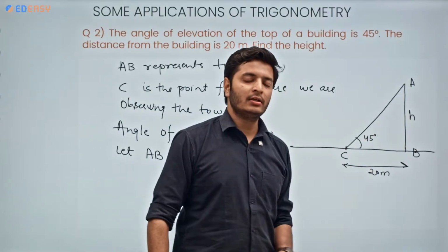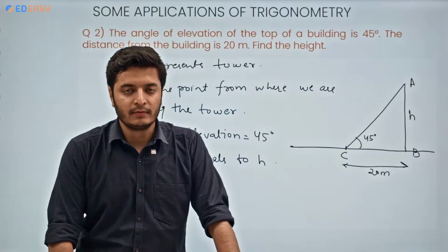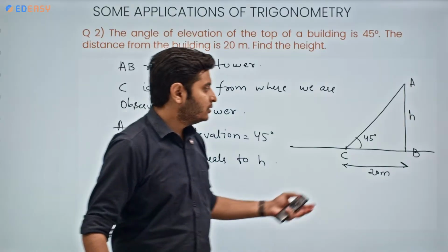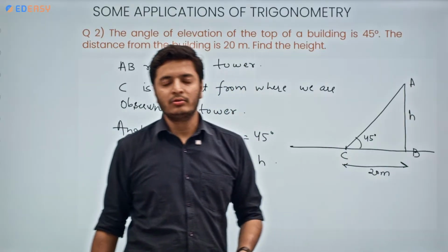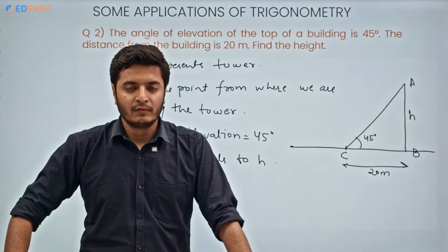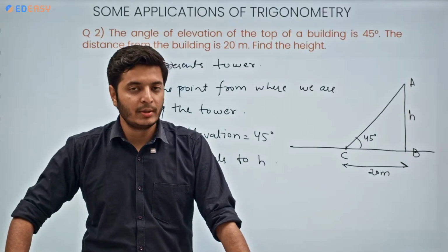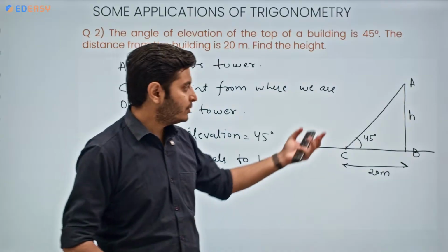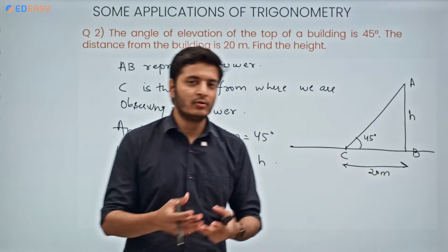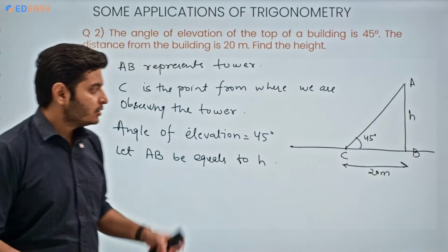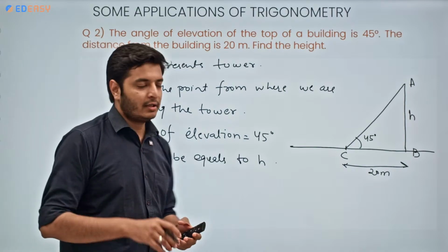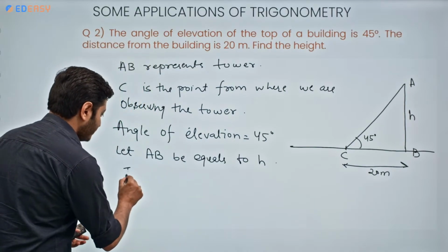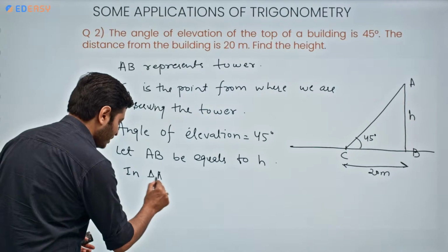The side opposite, we need to find the value of that side. So which trigonometric ratio should we go with? We are dealing with perpendicular and base only. So again we can go with tan theta, correct? So here in this case theta is 45 degrees. So in triangle ABC,